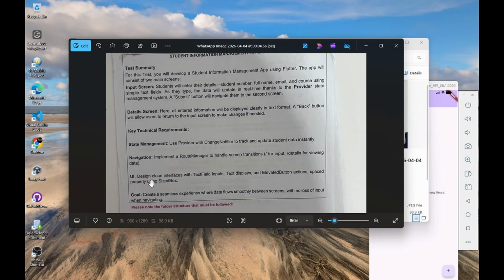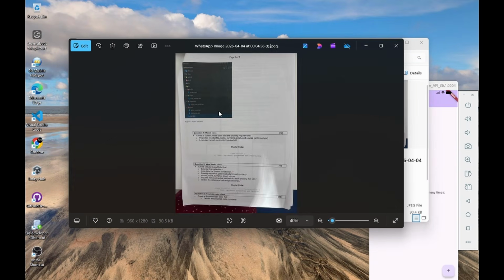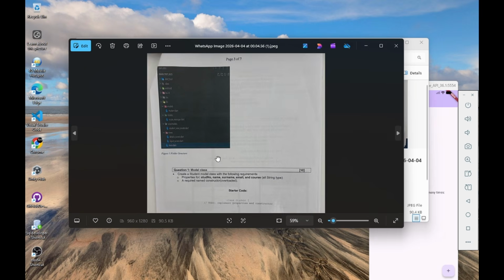The UI design: clean interfaces with text field input, text displays, and elevated buttons, spaced properly using sized box. This is pretty basic and straightforward. Basically they will give you a screenshot to guide you,